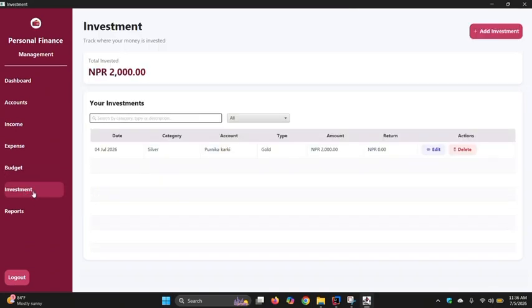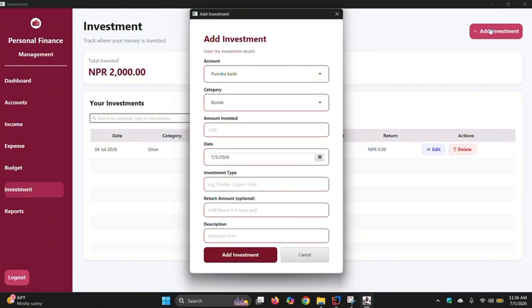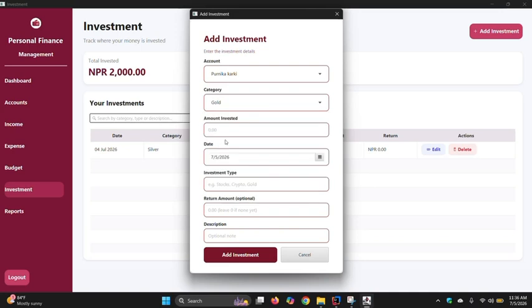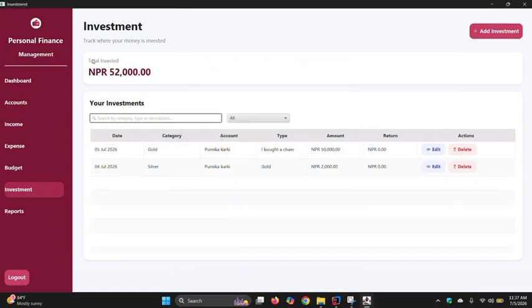Now when we come to this investment page, all of my pages follow the same pattern and same view. So when I want to add an investment, let's say I invested 50,000 on gold, and it's today, and I bought a chain, and return is zero and description is gold. So when I add this investment, it shows a total invested 52,000,